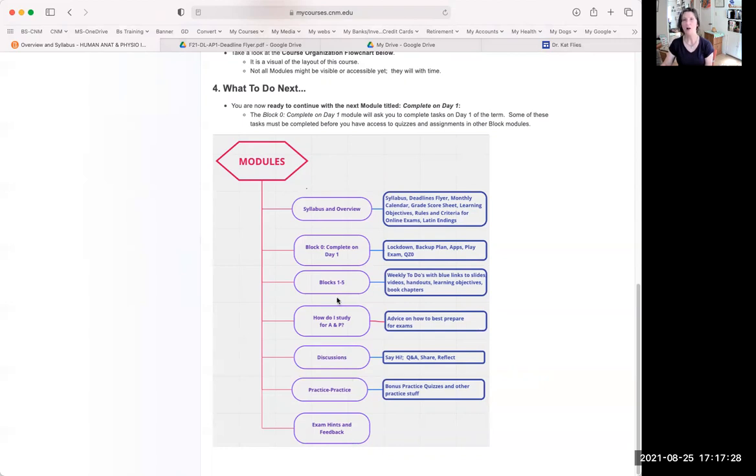Now, I call your modules, all your modules that contain all your course materials and your things to do, where your quizzes are and your exams are, I call them blocks. I've been doing that for years. It goes back historically. I don't want to go into why, but notice that I have, aside from block 0, which applies to the first term of the semester, I have 5 blocks, and each one of them corresponds to